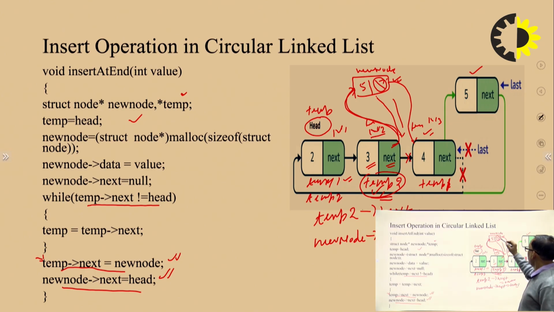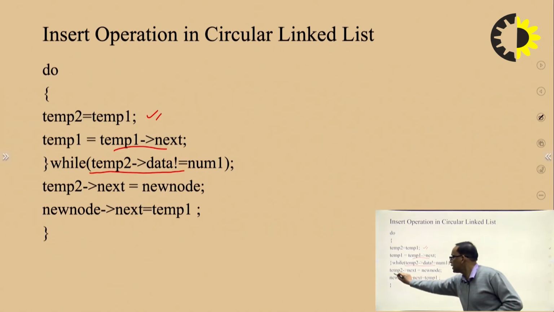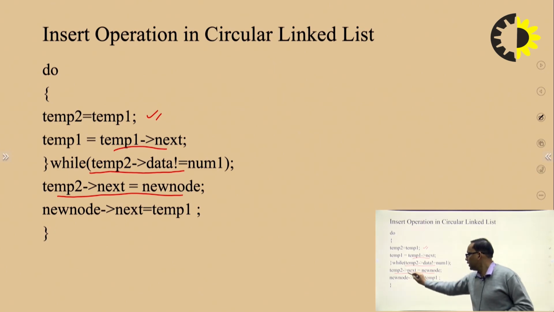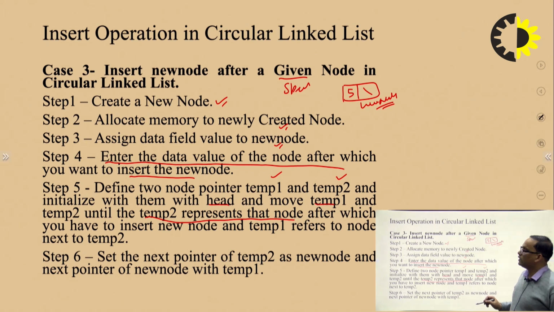So when this null pointer is updated with temp1, new node arrow next equal to temp1. Similarly, these two steps we use to connect the new node between node n2 and n3: temp2 arrow next is equal to new node and new node arrow next is equal to temp1. In this way we can insert a new node after a given node in the